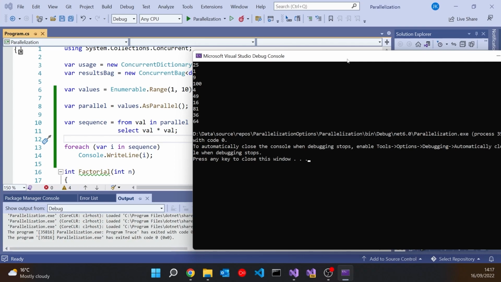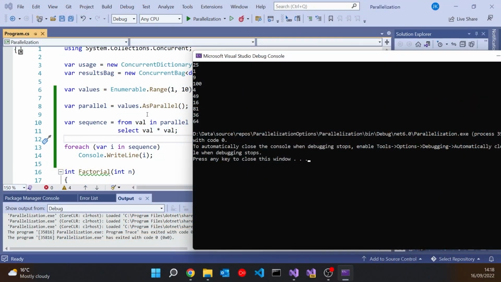They get to do their job in this effectively random order, and then deliberately, when the data is merged back together into the final sequence, there is no effort made to preserve the original order. Okay, so that's why we get it out randomly. And that's done deliberately because that's going to be the most efficient thing to do, not wasting time making sure the numbers come out in the same order that they went in. And in many cases, that's not going to matter at all. For example, when we're doing an average, it doesn't matter what order you average a set of numbers in, you're still going to get the same value. Whereas here, when we're printing that sequentially, obviously that can make a difference.